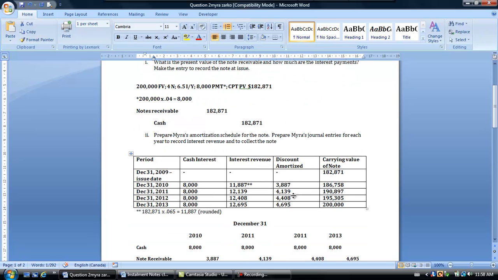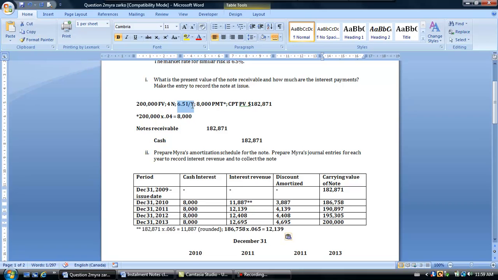So now, if we go into 2011, we're going to use the same calculation. We will take the present value here, which is 186,758, and we can use that in order to calculate our interest revenue, which is going to be calculated based on our 6.5% interest rate. And if we did that calculation, we would get a number of 12,138. So we can take this 186,758, multiply it by our market rate of 6.5% in order to get interest